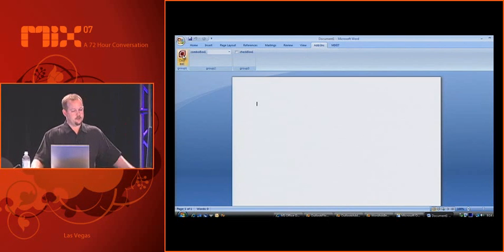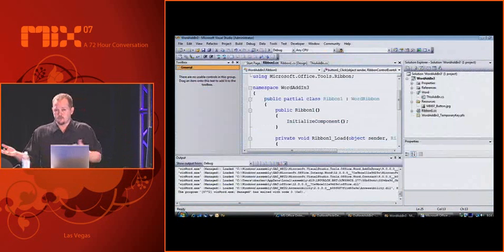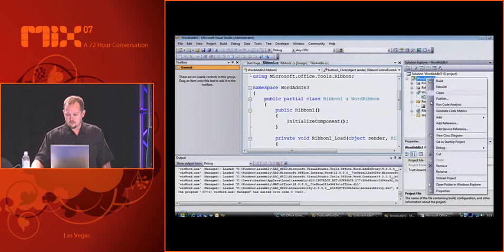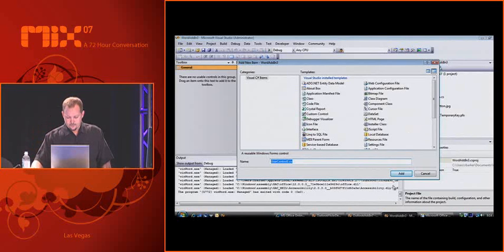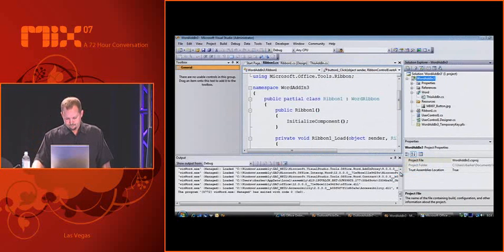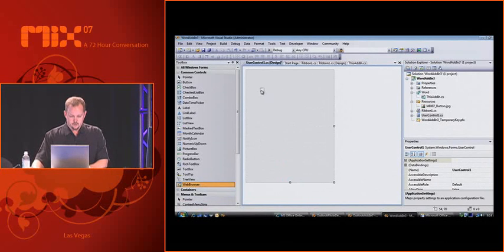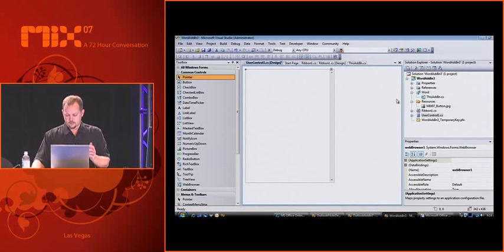So right now, this thing doesn't do anything. I haven't written one single line of code yet. Next thing to do is to go ahead and add a user control. So just to make the user control a little bit interesting, we'll just throw a web browser control onto it.